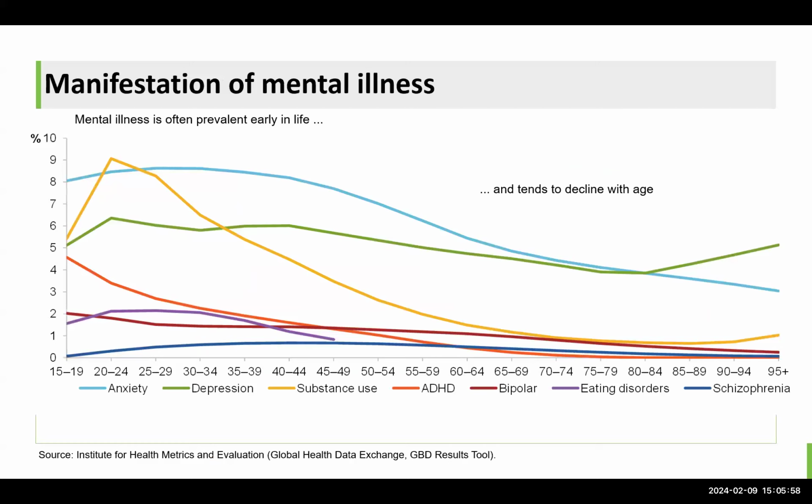The truth is not that these conditions decrease, but most of the mental illnesses that we have listed here would affect mostly the younger population. Like I said, the 15 to 24 age group has been highlighted even by the World Health Organization to disproportionately suffer the burden of mental illnesses. Again, as you can see, these are very few conditions. And if we increase this number and increase the lines here, we would see some of those that would be